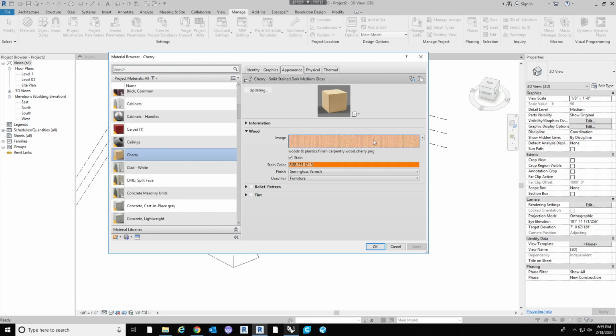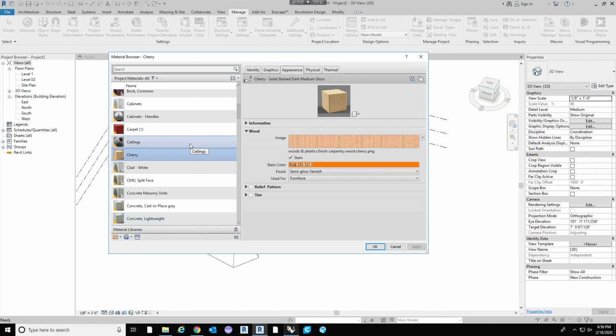You can do a wood texture, you can do the stain color, all that kind of stuff. That's fine, but I find when I'm doing my materials, I need to get really specific and really prescriptive with how I manipulate those materials. And so there's a default material I'll show you in a sec that has a lot more settings that you can